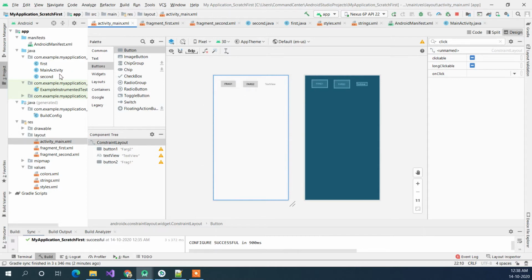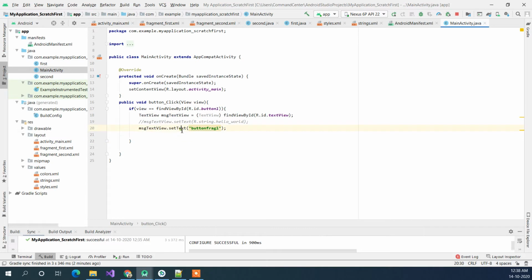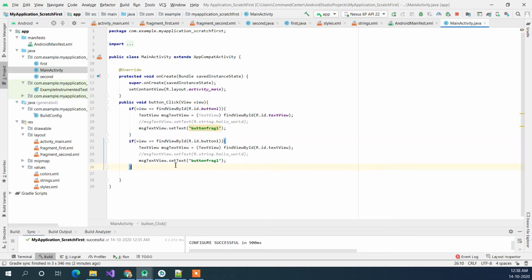So let's just go to the main activity where we need to do all sorts of stuff. Before moving it, let's first use the same thing here as well, and here I will use button 2 for the ID, and the text view will be the same, and I will use 2 here. Am I doing something wrong? Yes, I'm doing something wrong, because button 1 is our second one, na? So let's use 2 here and choose 1 here.